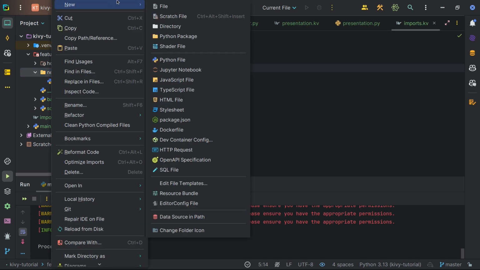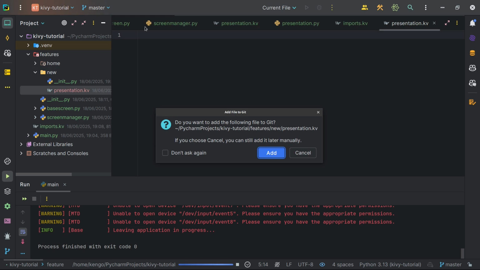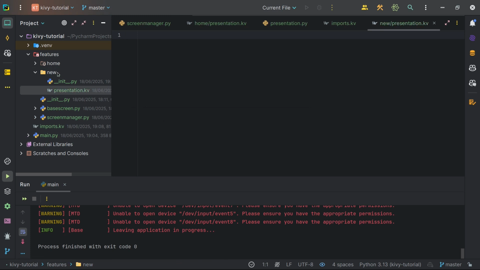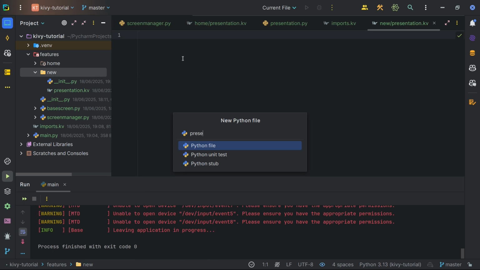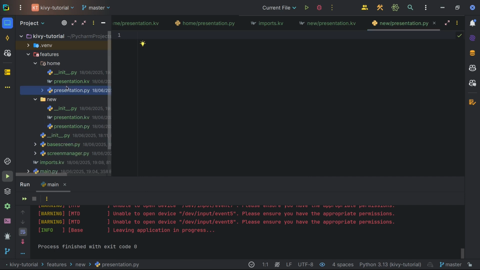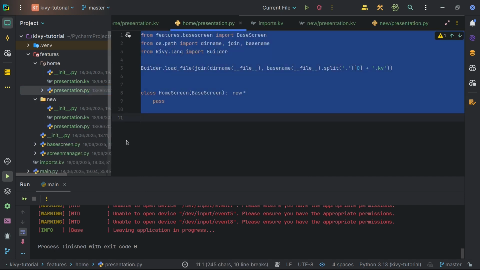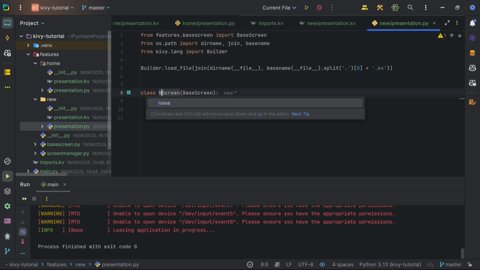This new is going to have its own file, presentation.py. So I just want to go here, Ctrl C, come here, Ctrl V, rename this to new screen,